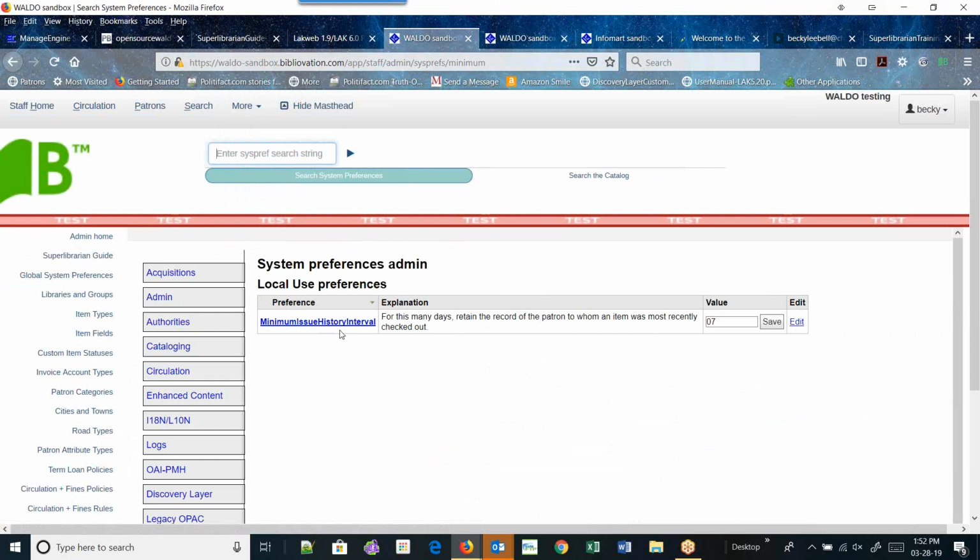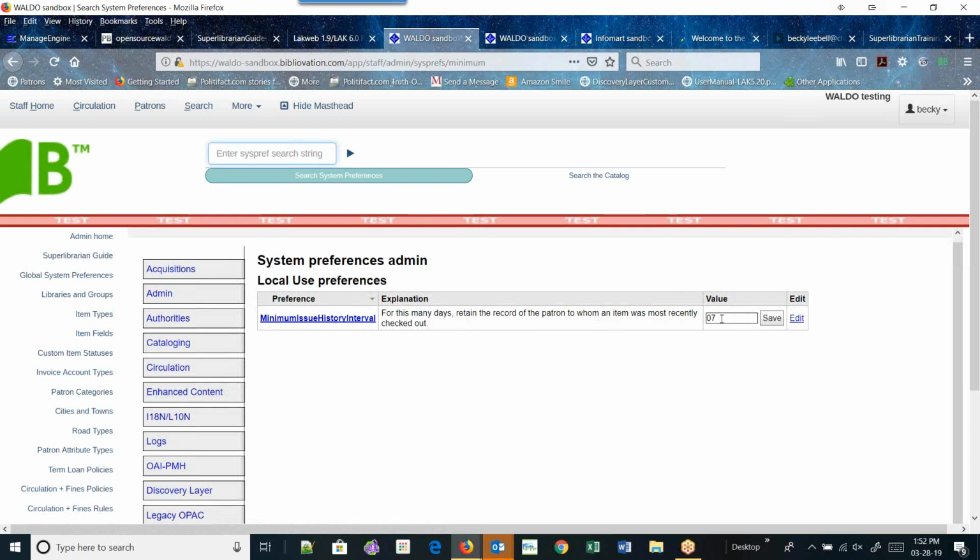It's called minimum issue history interval. A lot of the system preferences, you can pretty much tell what they are by reading the words, but this one is a little different. You can control how much of the checkout history is going to be maintained by filling in a number for this particular field. If you have a number greater than 0, in other words, 1, 2, 3, whatever, this value is going to determine